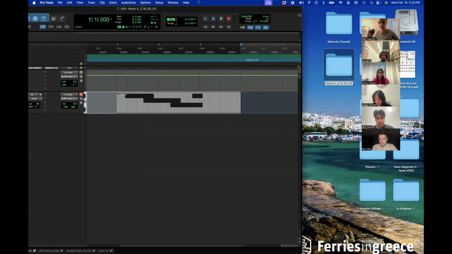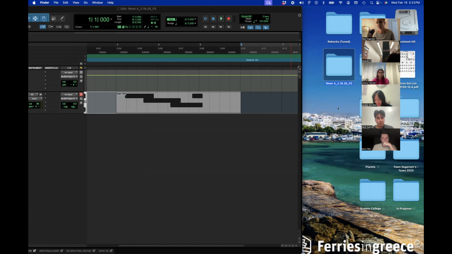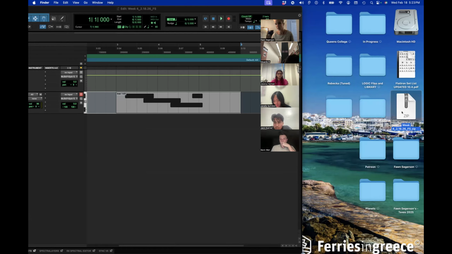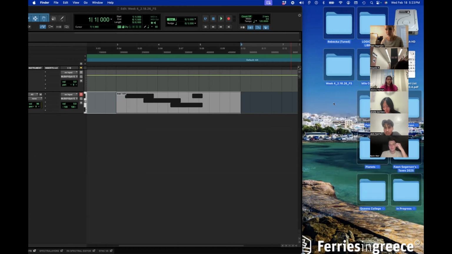Kevin, you did ask me about how to upload the folder. So I just want to address that while we're addressing questions. So this is called your Pro Tools folder. When you create a Pro Tools session, this will automatically create. This is what you're going to want to send me. So you would right click on it and go down to compress. And then you would send me the compressed file of it right here. And what lives in that Pro Tools folder is